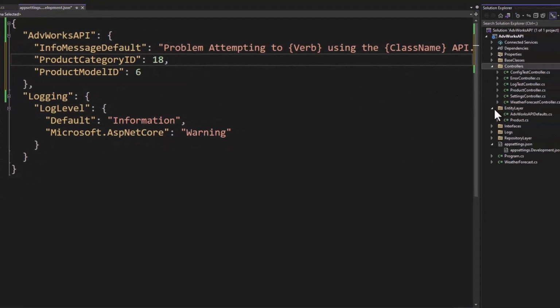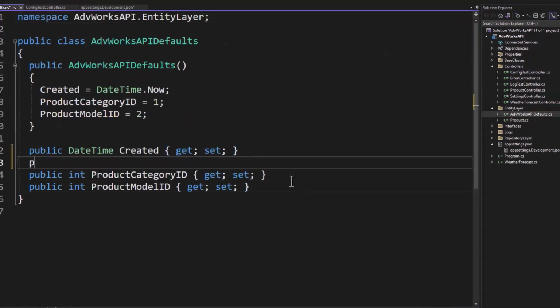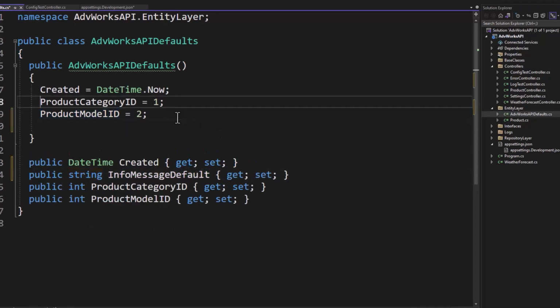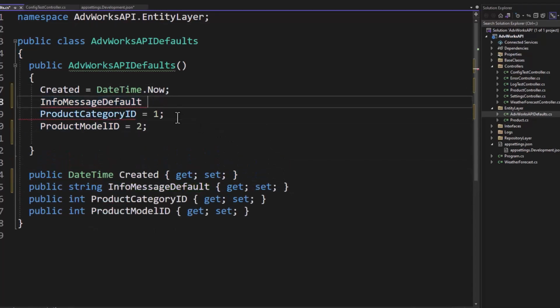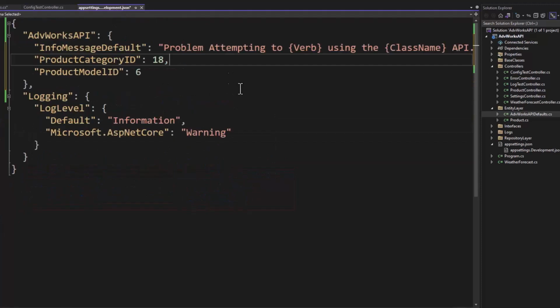Now go back to the entity layer and open up the AdventureWorks API defaults, and we'll create a new string called info message default. We'll go ahead and initialize that to string.empty. And now we have these three properties that match the three properties here in our development.json file. So let's go back now to the config test controller,